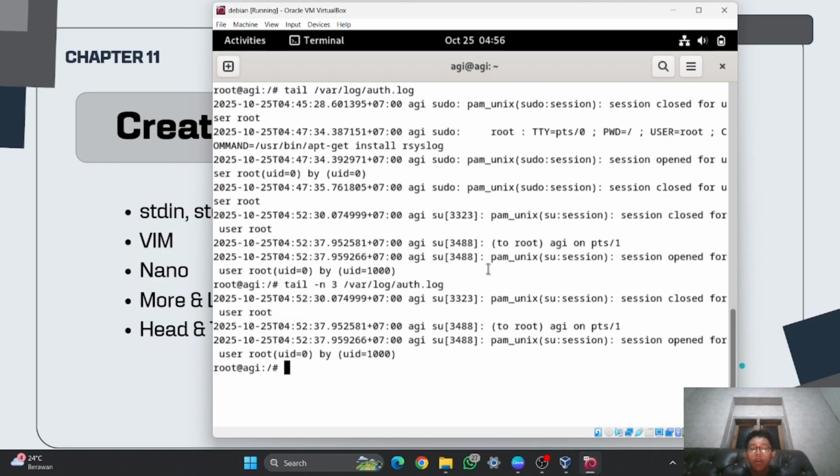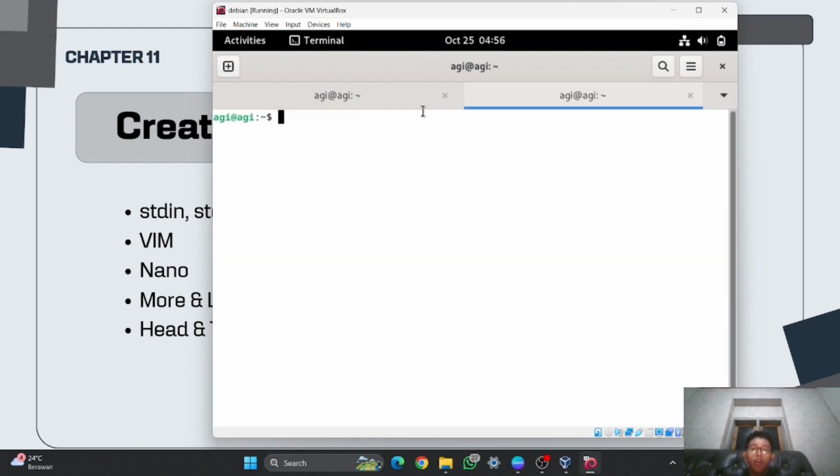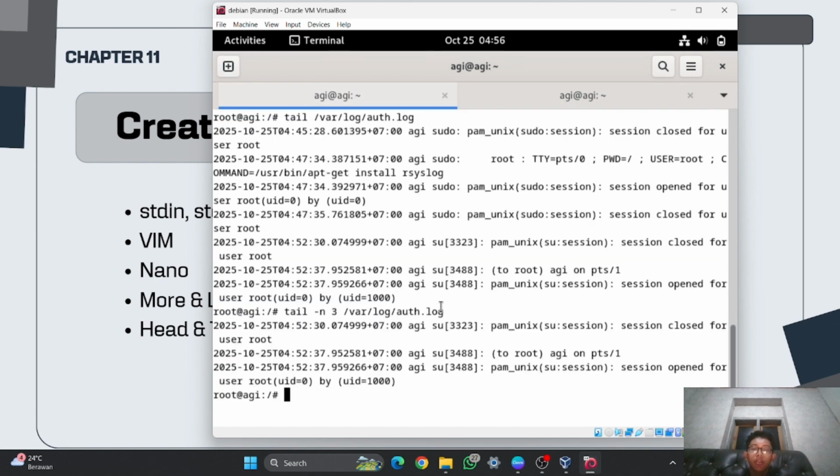And also you can check the log, like the auth log or authentication log. So when someone wants to log into the root user, and the password is wrong, it will tell you here in real time that someone is filling in the wrong password. So here I will open a second terminal.